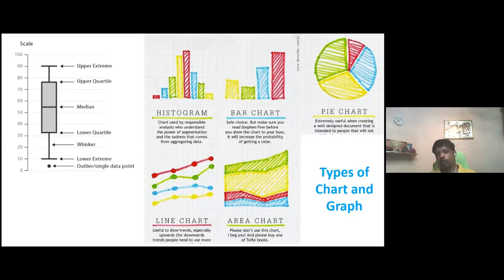So to say it again, when you want to use categorical variables, nominal or ordinal variables, it is better to use a bar chart or pie chart, because we are going to use frequencies. But if you want to use continuous variables, you can use a histogram, line graph, and dot plot, box plot chart.